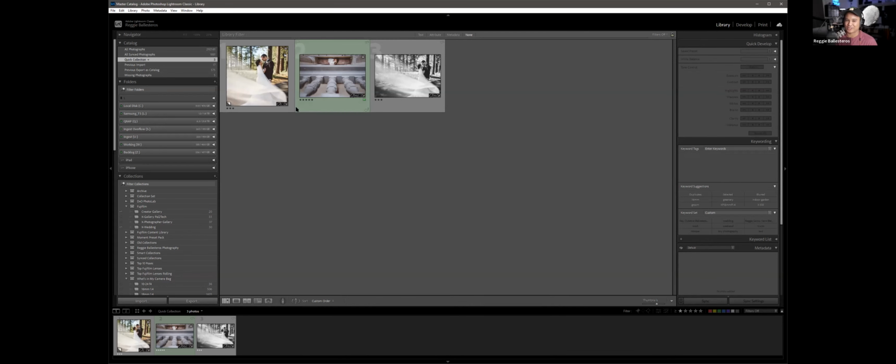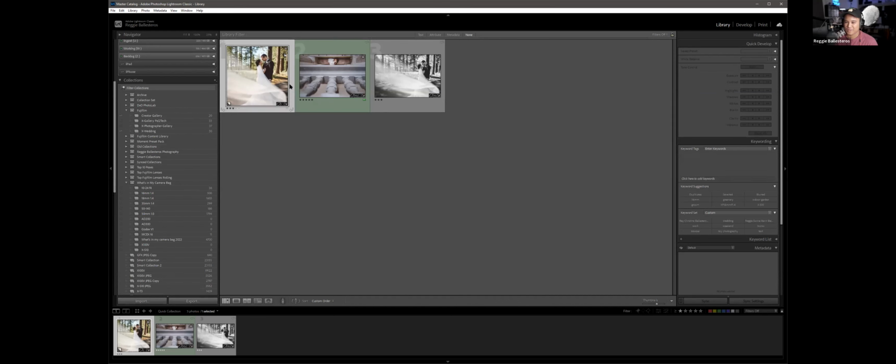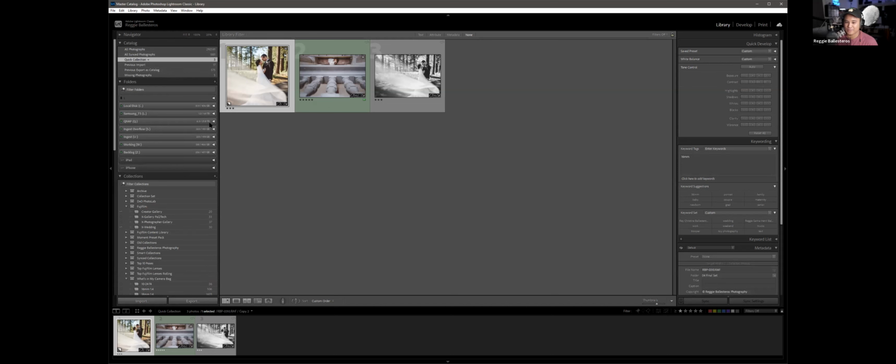I forgot what those shortcuts are because I use them so much. But yeah, those are a few library things. Something if you have a lot of photos that you want to put underneath each other. So for example,